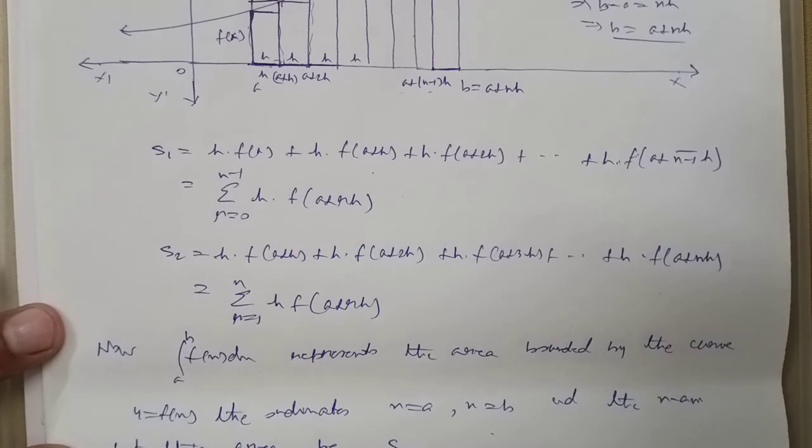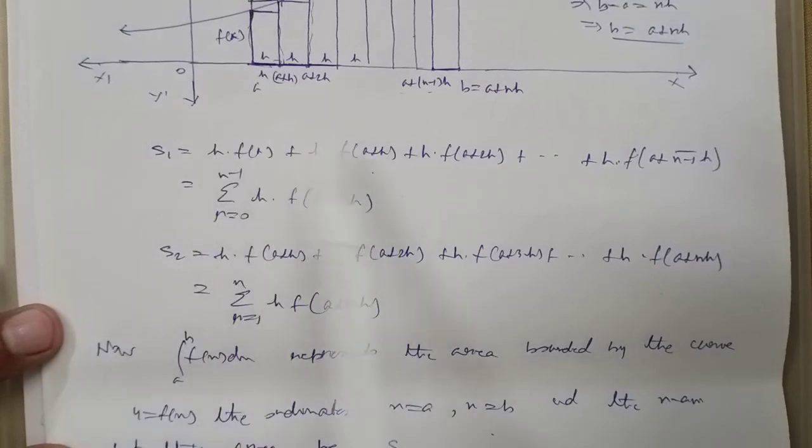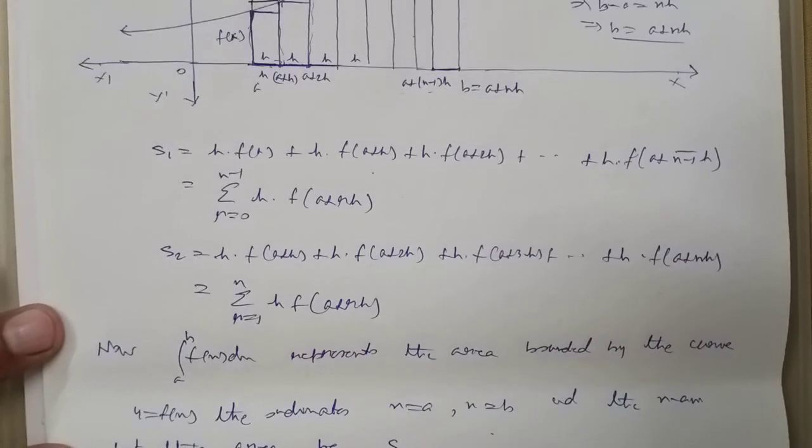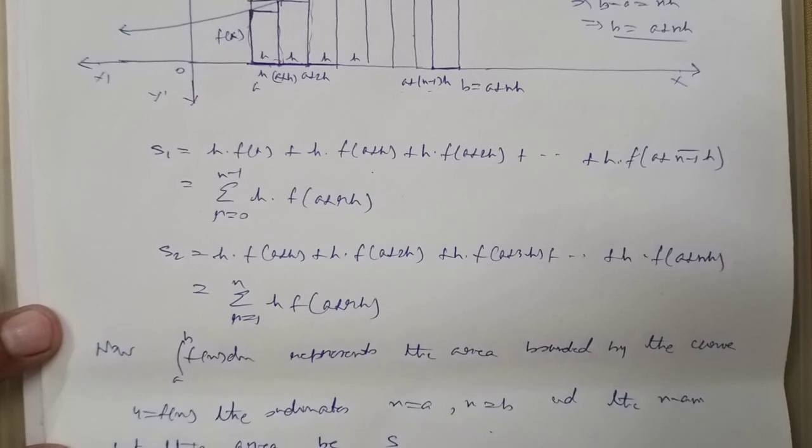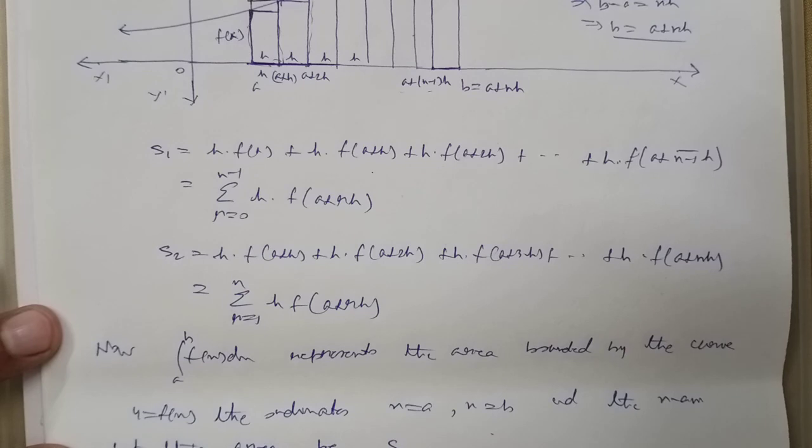Now if we make the limit n tends to infinity, that is, I am dividing the interval a to b into infinitely many parts, then obviously the width of each part will tend to 0, that is, h tends to 0. When this happens, then S1 and S2 both converge to S, and in that case S, that is integration a to b f(x) dx, becomes these two limits. Any one of these limits will give us the actual area.